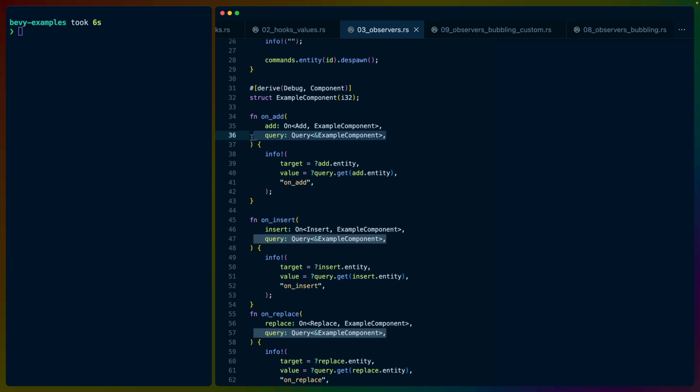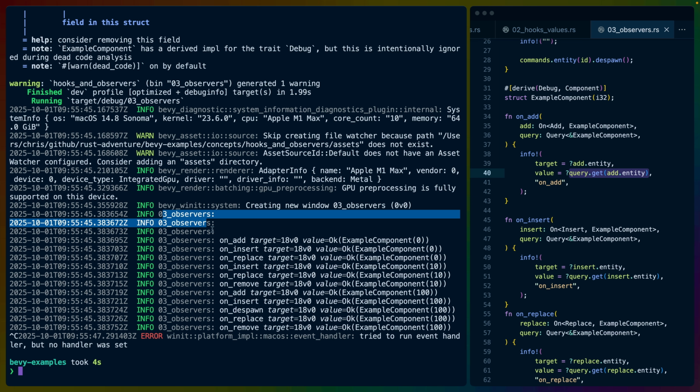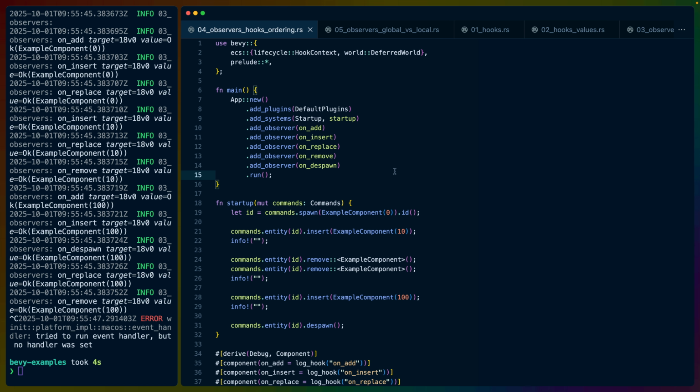The nice thing about using observers is that we can use the full API access that dependency injection from systems also gives us. So in this case, we can do a query for all of the example components, and getting the value then is significantly similar to the way that you would do that in a regular system. So if we run this code, we see very similar output, right? We get those 3 empty infos at the beginning, we get each of the lifecycle events, the entities that they targeted, and the values. So a question comes up then, and if we look at example 4, it answers that